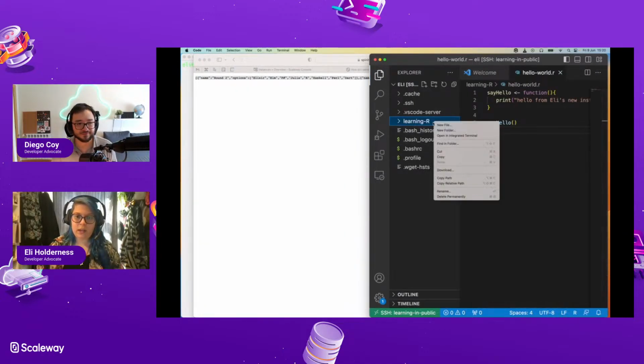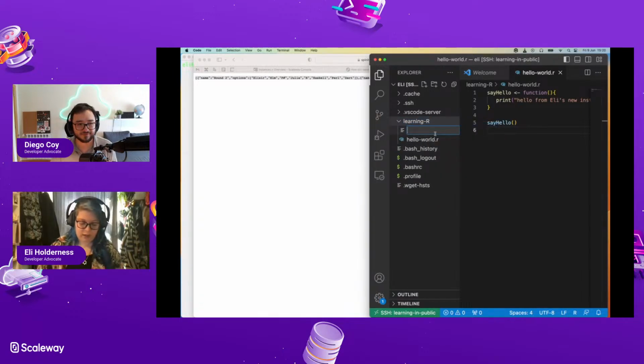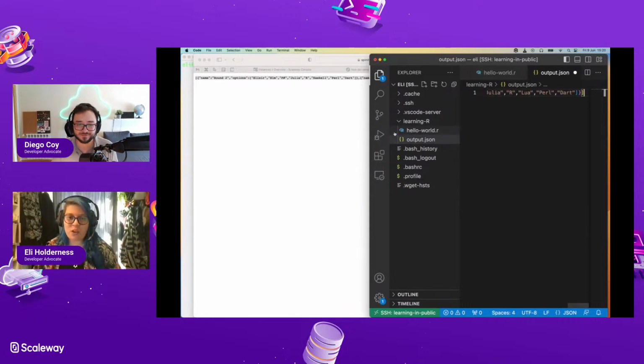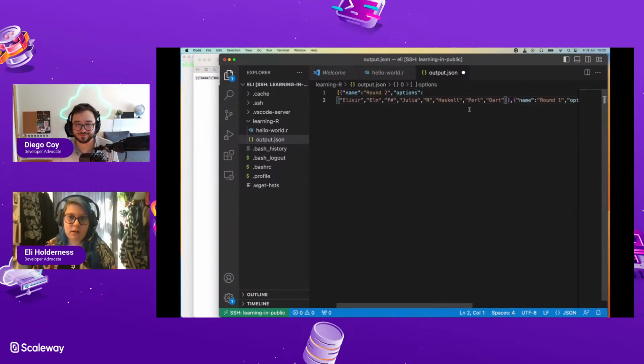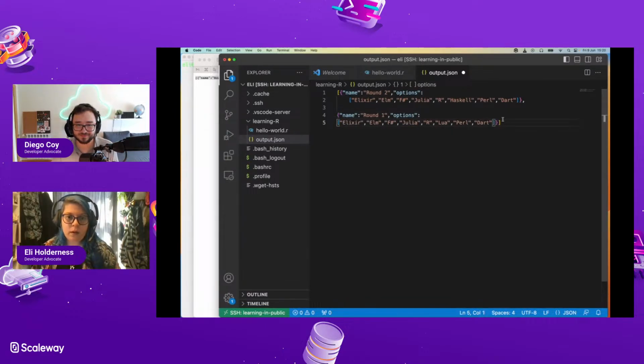Okay, so I'm just going to make a new file in here. Output JSON. And this is where I'm putting what that endpoint is giving to me, just so that I can look at it, understand it, rotate it in my mind. Aha. Cool. Okay. That's horribly indented and everything, but you get the point. So I need to add another thing to this endpoint. No? Yes. Okay. But you will use another endpoint.